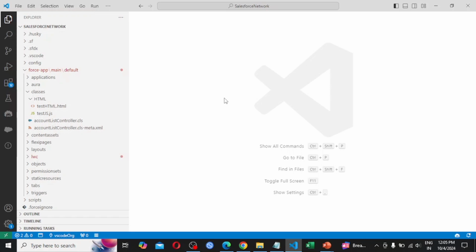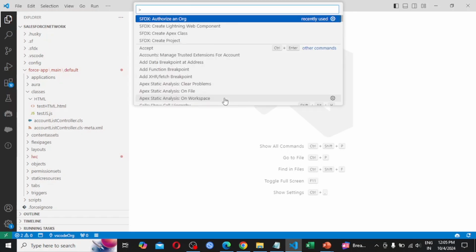To create the lightning web component, we have to press Ctrl Shift P, and from here we have to choose sfdx colon create lightning web component, or we can directly type this command at this place.